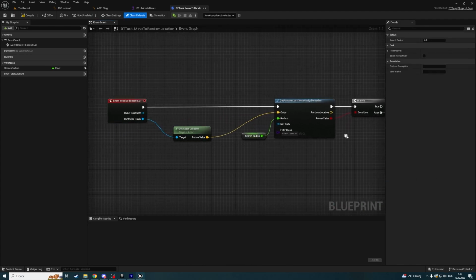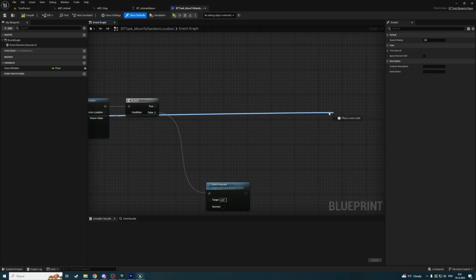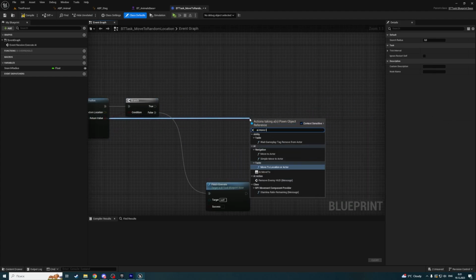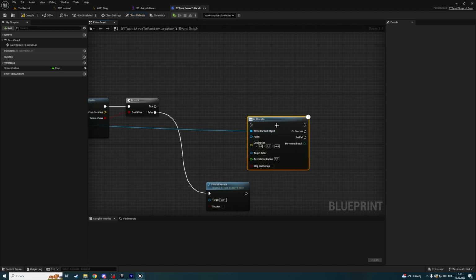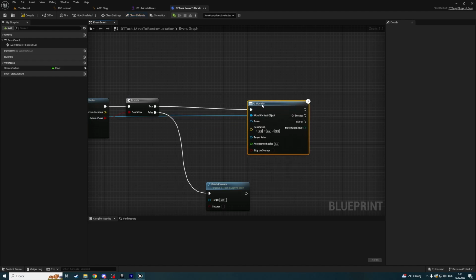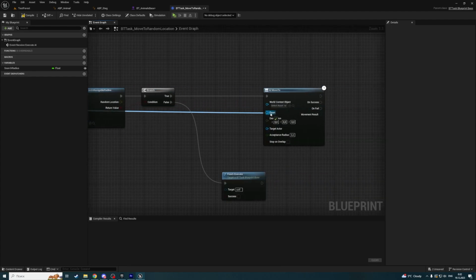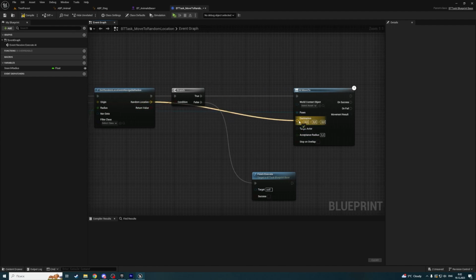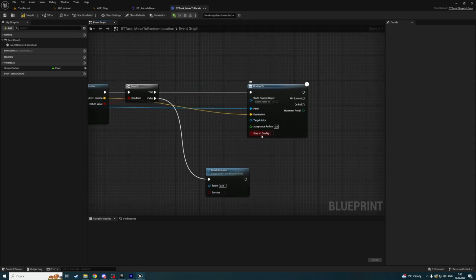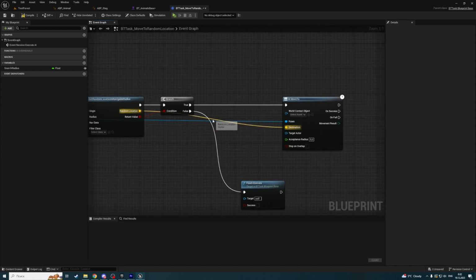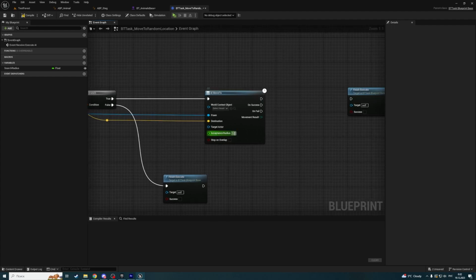I'm very sorry, I forgot about this function. So we're going to call AI Move To. I didn't mention this function. Control pawn is going to be connected to pawn, and destination is going to be random location. Target actor is used when we don't provide a location, and acceptance radius, I'm not sure if we can. I will set it to, for example, 15,